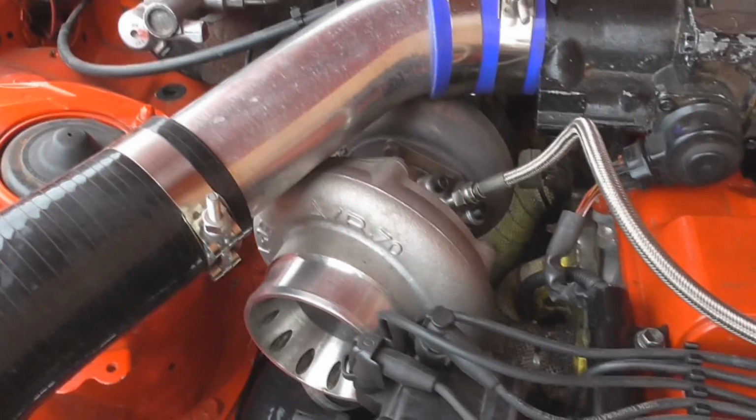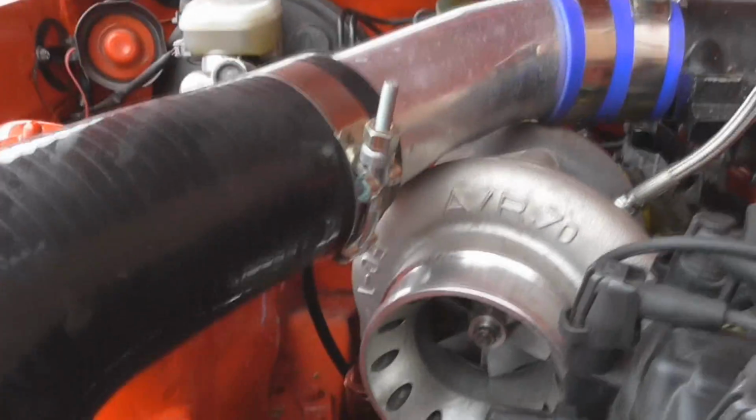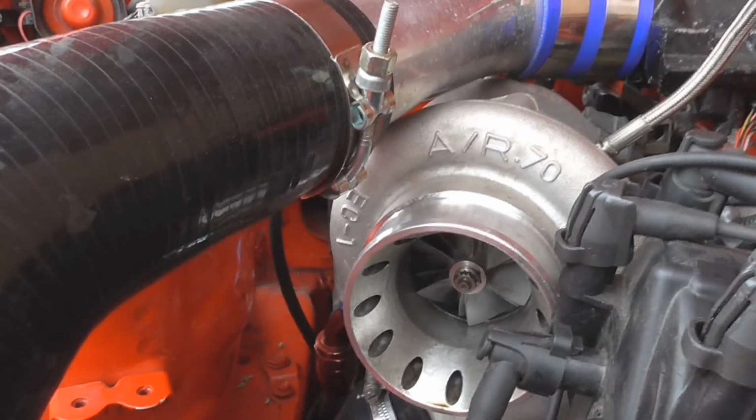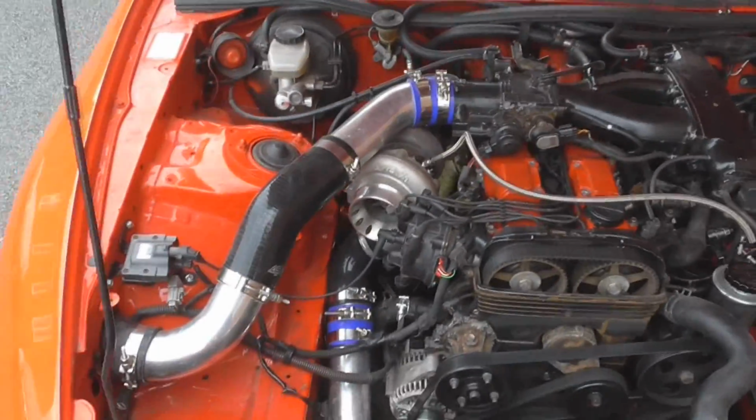So here we have the turbo. The turbo is on a T4 flange. It says AR.70 on it. Got no idea what that means. There's no other stampings of what kind of turbo it is. It was sourced from Rocket Dog Racing,